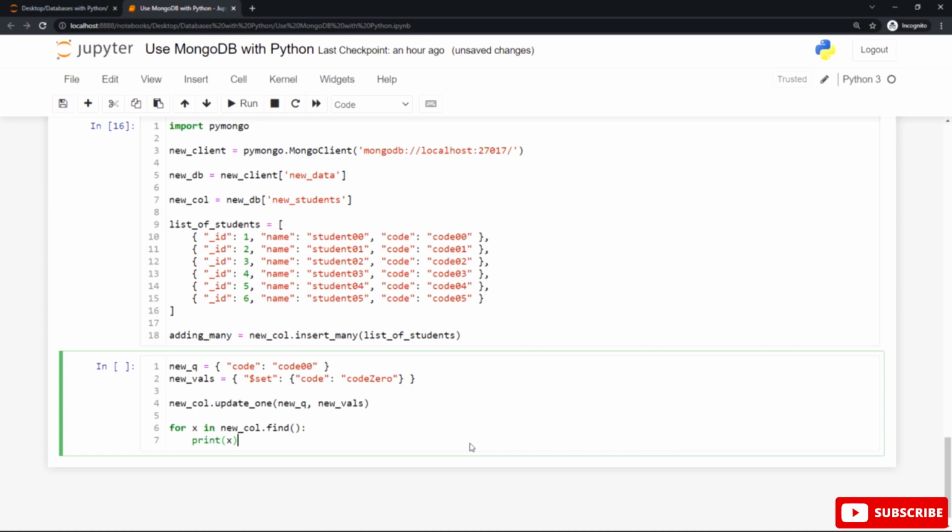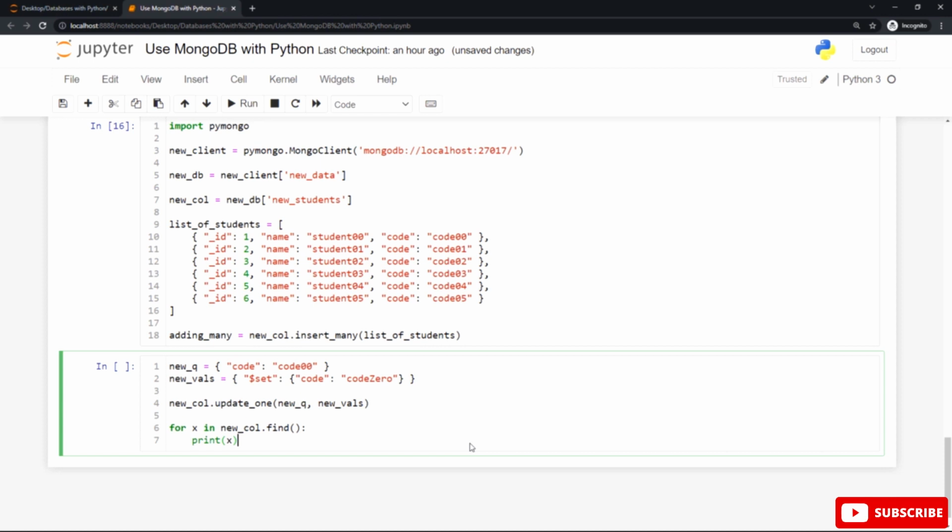Code 0 is the new value, and you can see the update_one method after that takes two arguments. The first argument is the old value we want to change, and the second argument, new values, refers to the new value, code 0.